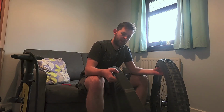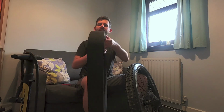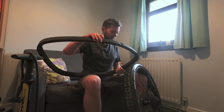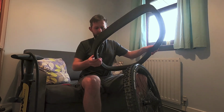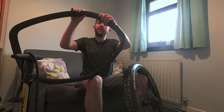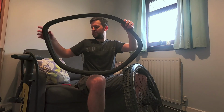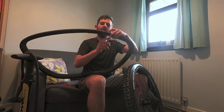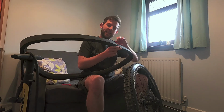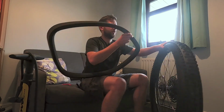And I don't know if there's a right way or a wrong way of doing this in terms of where to put the seam, be it right above the valve or opposite the valve. I've also noticed on this one, and I don't think it's a design feature, I think it might just be a bit of a flaw, but there's a small area here where it just looks like it's thinned out slightly. So I think in the absence of any more data, I'm going to aim to put that thin bit just over the valve stem itself, because that's always a tricky bit, is getting this just over that little head of the valve stem. So I'll do that. So I'll start at the valve stem end